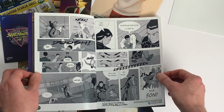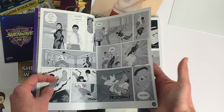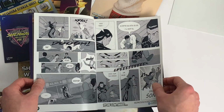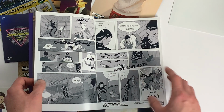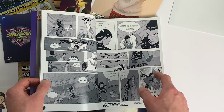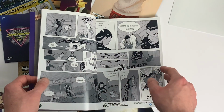Really nice comic pages, and really special actually to have them on an actual page. It just feels right, really. Obviously he's designed this prior to it being on paper. You know, obviously this is something that you could have seen online, but just getting it finally printed on paper,